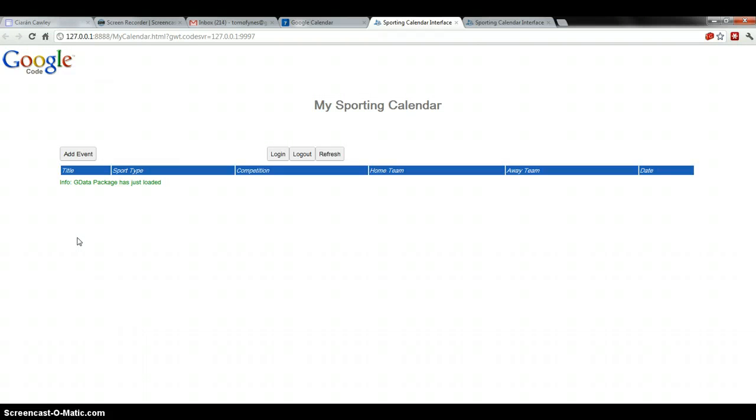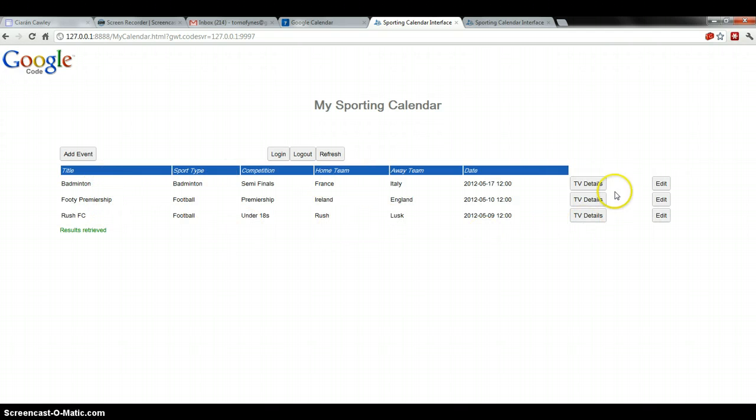So this is what the custom interface looks like. We can add an event, we can log into our account. So if I log in there, it says I've logged in, and then it automatically pulls down the data from Google Calendars, and because it uses the delimiter, it will only pull in the sports events and not the other